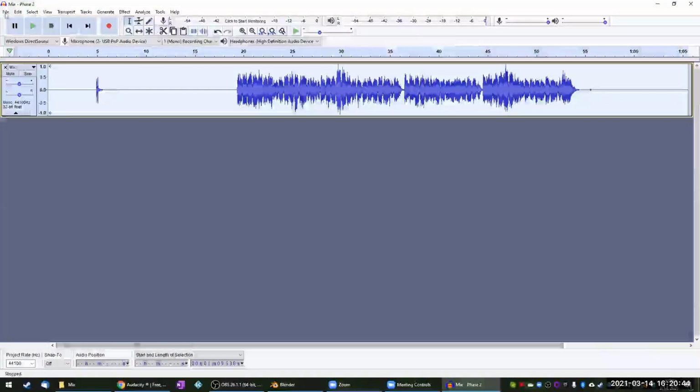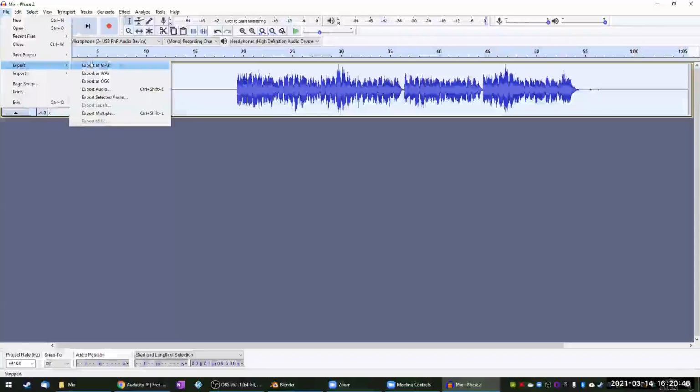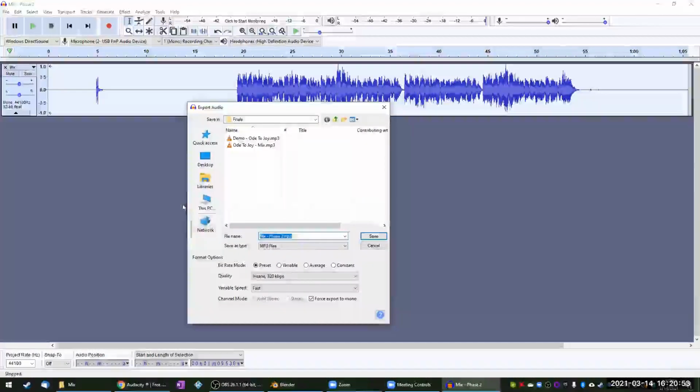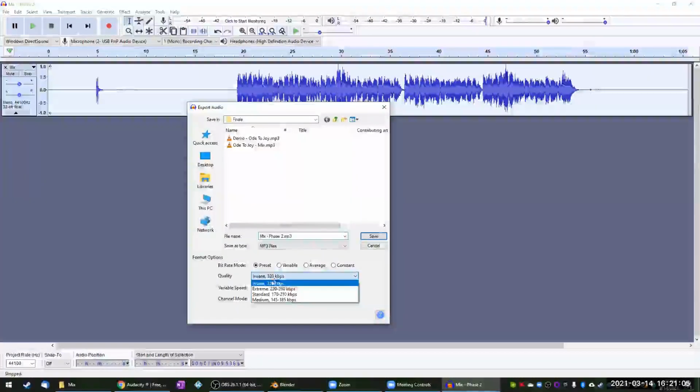So I'm going to go ahead and export this as an MP3. You could do WAV. I tend to do it as MP3 just to keep my file sizes down and to keep my computer working faster. The more uncompressed things you have, the slower things are going to be later on when you're trying to put everything together. But the compromise is you can set the quality really high so that it doesn't lose anything.